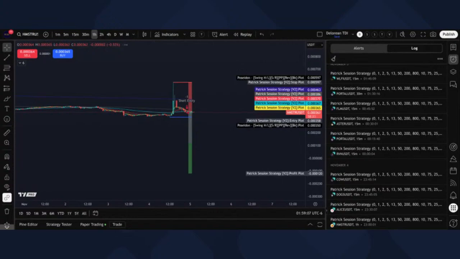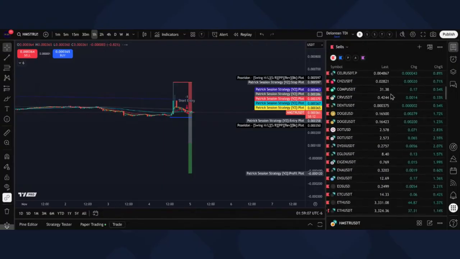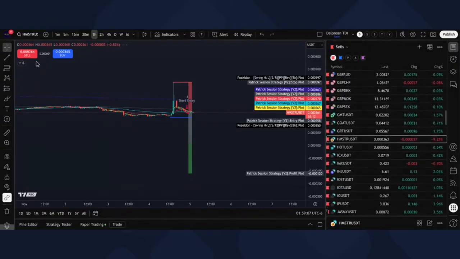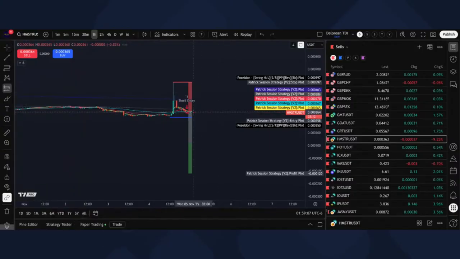And let's get started. First up, we have a sell on HMSTR USDT. That is on our sell list. This will be a short